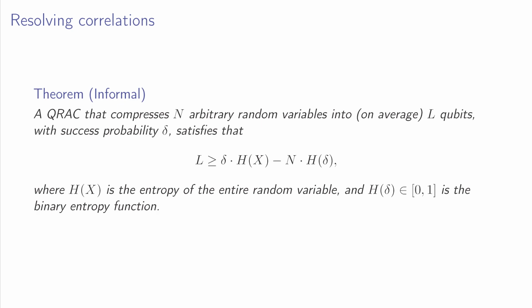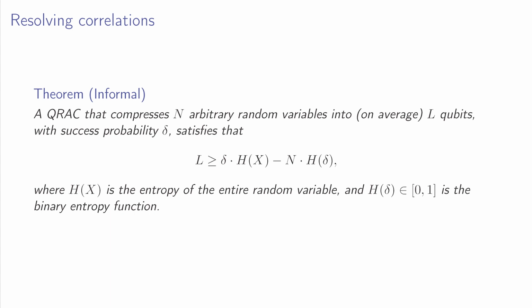And to resolve the problem of correlations between the elements of each entry, we developed a generalized quantum random access code, which allows you to compress n arbitrary random variables. Furthermore, the length of the encoding can also be variable. The bound that was presented here is a bit simplified, which says that the average encoding length L has to be at least delta times the entropy of x,